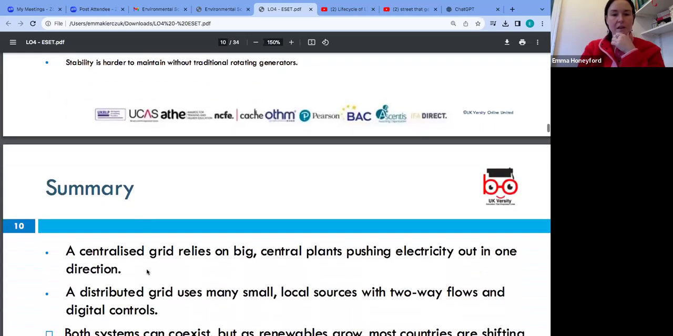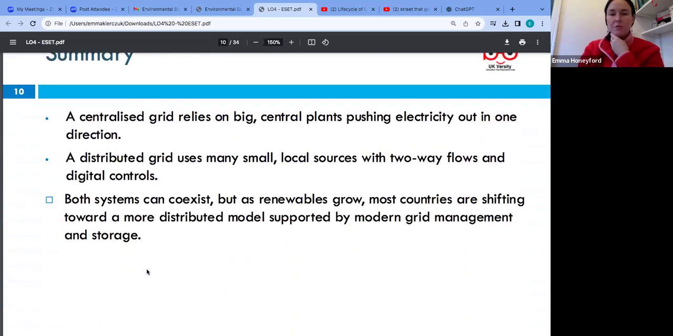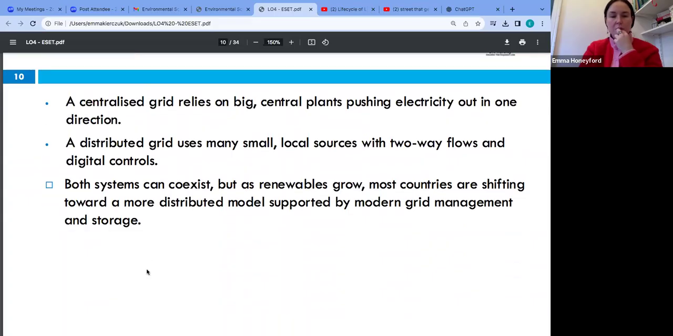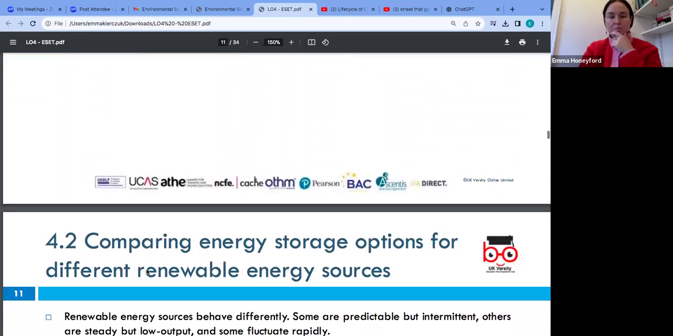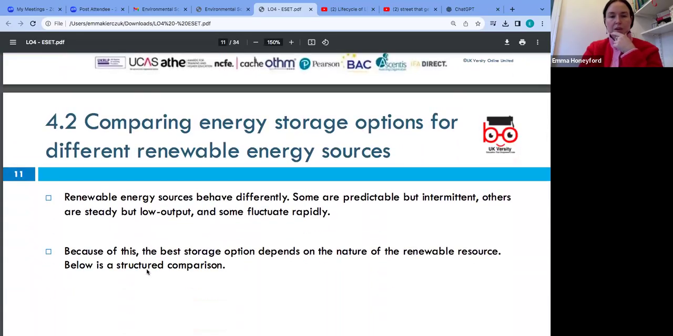So to summarise, a centralised grid relies on big central plants pushing electricity out in one direction. A distributed grid uses many small local sources with two-way flows and digital controls. Both systems can coexist, but as renewables grow, most countries are shifting towards a more distributed model supported by modern grid management and storage. So when we look to the next section, we're going to compare energy storage options for